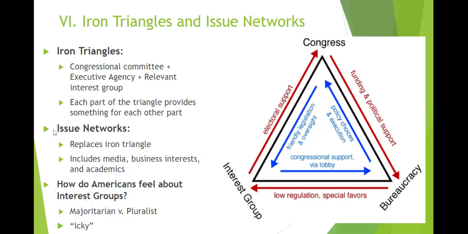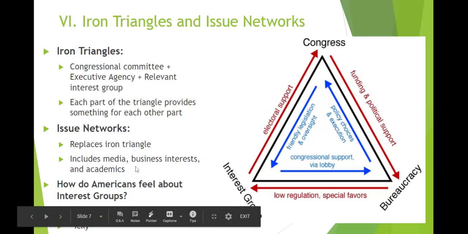We've used the term issue networks before. College Board promised years ago that they would start using this term issue networks instead of iron triangles. And they clearly lied through their teeth because we've seen iron triangles since then. So just understand, sometimes you'll hear issue networks where instead of three pieces, you might add in something else: media, business, academia, religious organizations, whatever that may be.